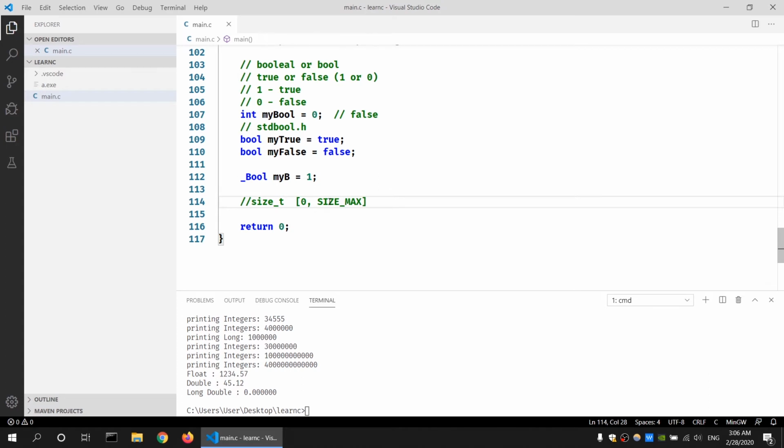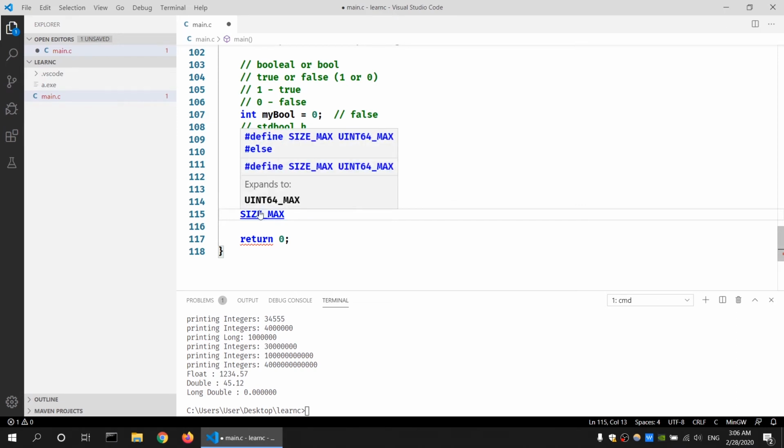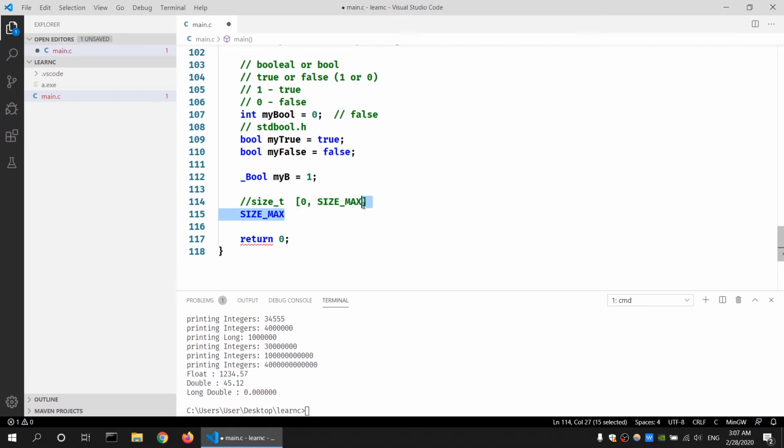The reason why we are using size_t is because integers are finite. That means we cannot use them to their maximum limit, but if we want to be sure and use the maximum limits of a number in our computer or system, we can use the SIZE_MAX macro. So if I type SIZE_MAX in here, it comes up as a macro. It says that since my system is unsigned integer, it's holding the maximum unsigned integer value. So this is very important for